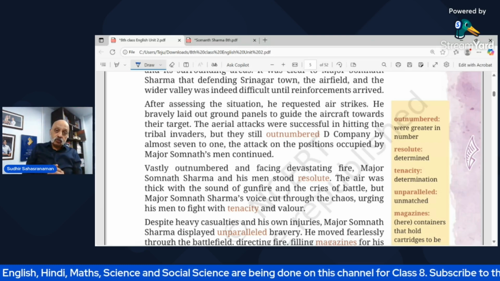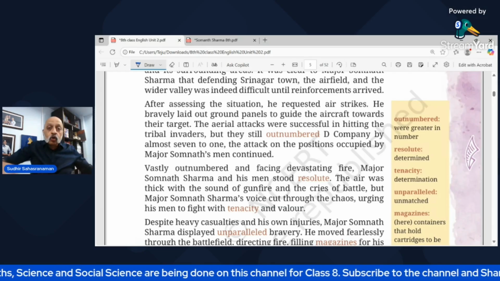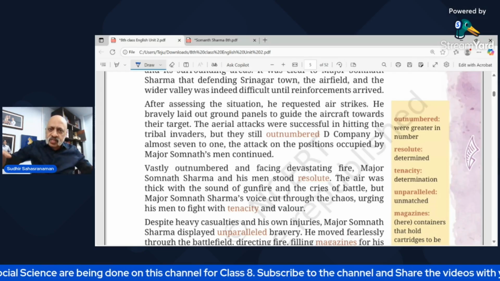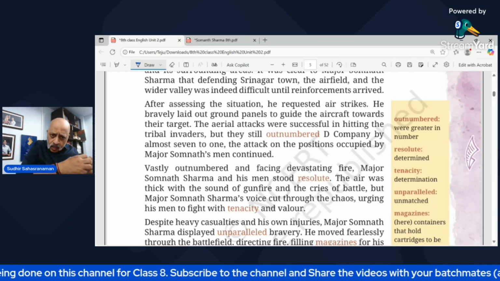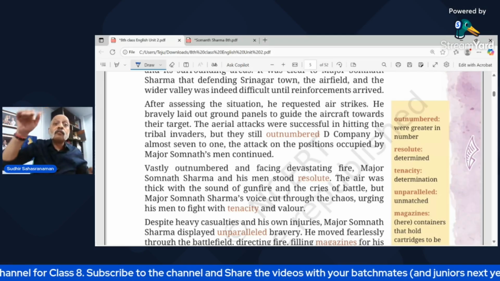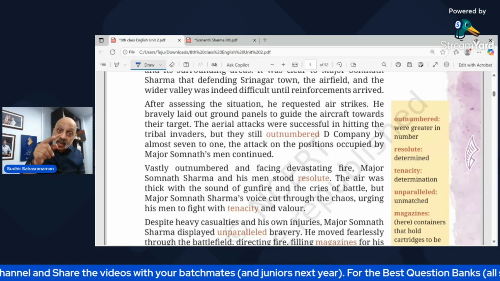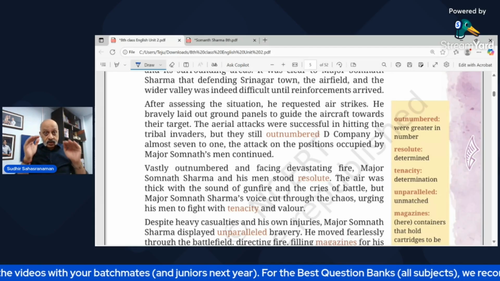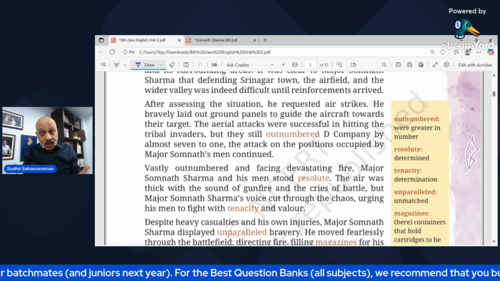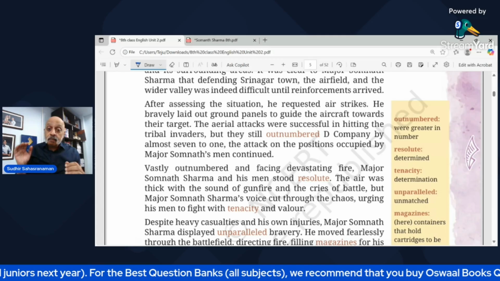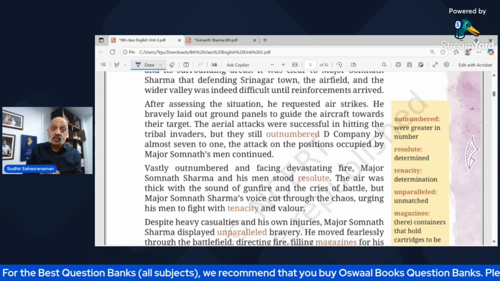Similarly, what Major Somnath Sharma did here was to lay out what were called the ground panels, which is a technical term, in order to guide the aircraft towards a target, to say that this is where you need to strike. So the Indian Air Force, the brave pilots, they managed to hit the tribal invaders, but they